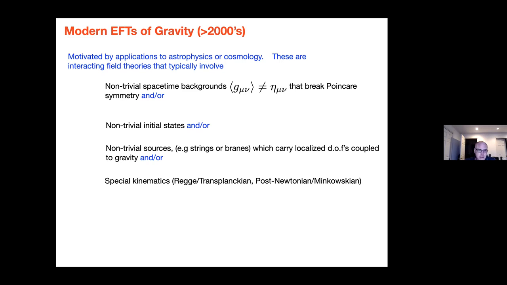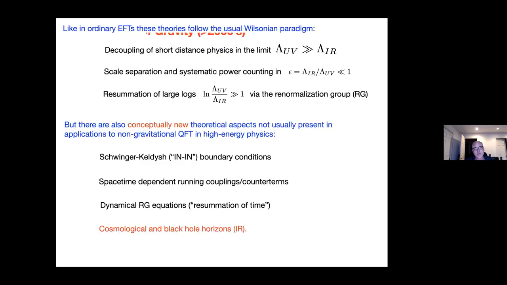these effective field theories have some elements that are maybe not familiar to people who do effective field theory, say for collider physics. For instance, you may not have full Poincare invariance, or you may be in an initial state which is not the vacuum, or there could be non-trivial sources, strings, branes, defects of some kind, and there could also be special kinematics. So anyway, that's